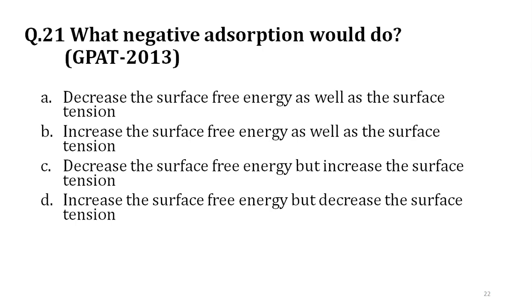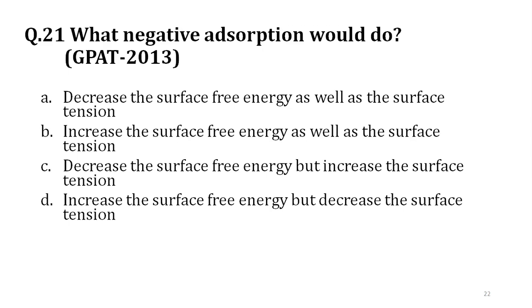And negative adsorption means that the concentration of the substance is more in the bulk and less at the surface or at the interface. So what will happen, that is like your surfactant. If you take the example of surfactants, they set the partition in favor of the surface, meaning the concentration is more at the surface or the interface, and that's why the surface tension or the interfacial tension decreases, and at the same time the surface free energy also decreases. This is in case of your positive deviation.